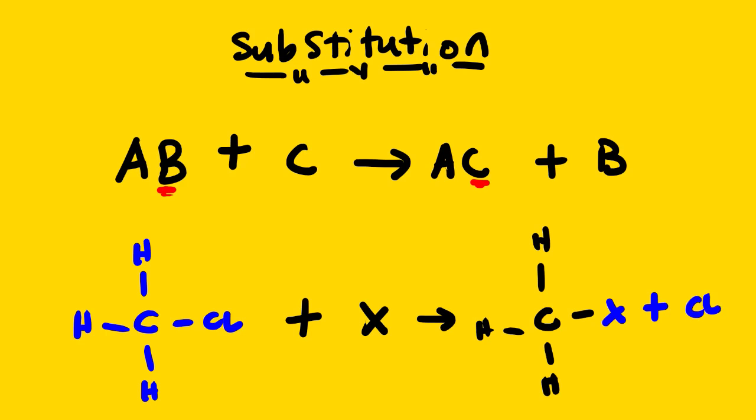So you can see what actually happened. Where we have Cl, we have substituted it with X. So this is another example of substitution